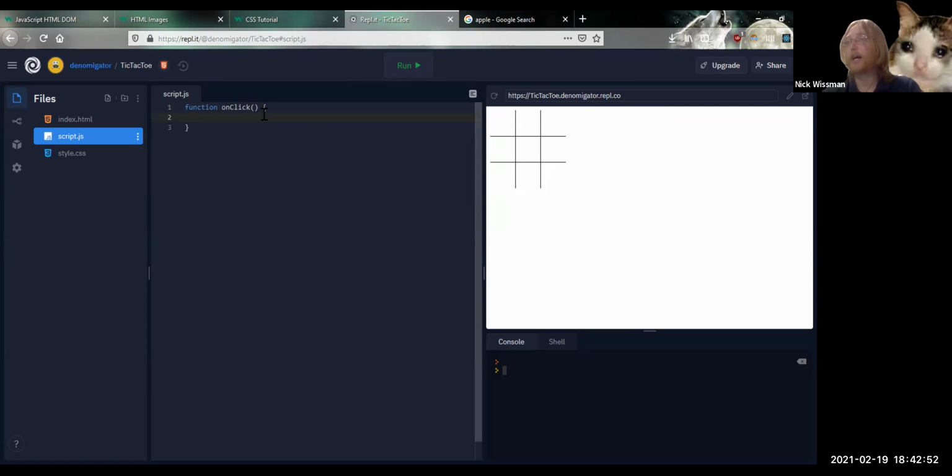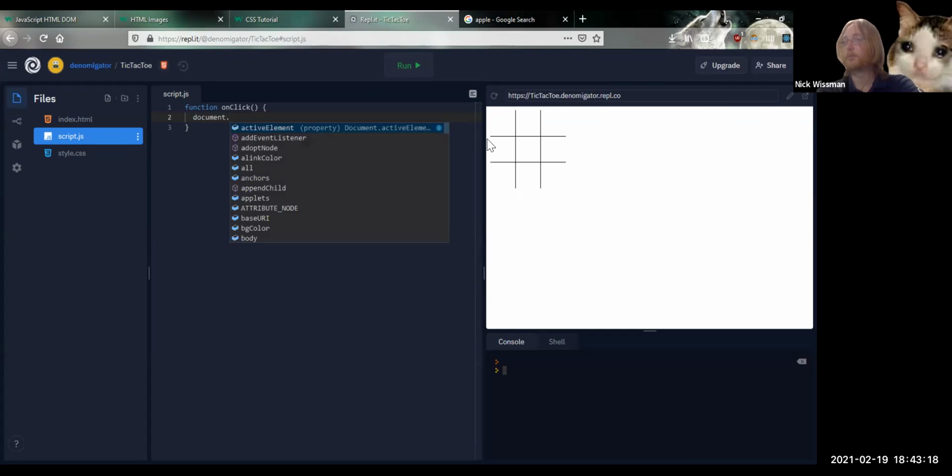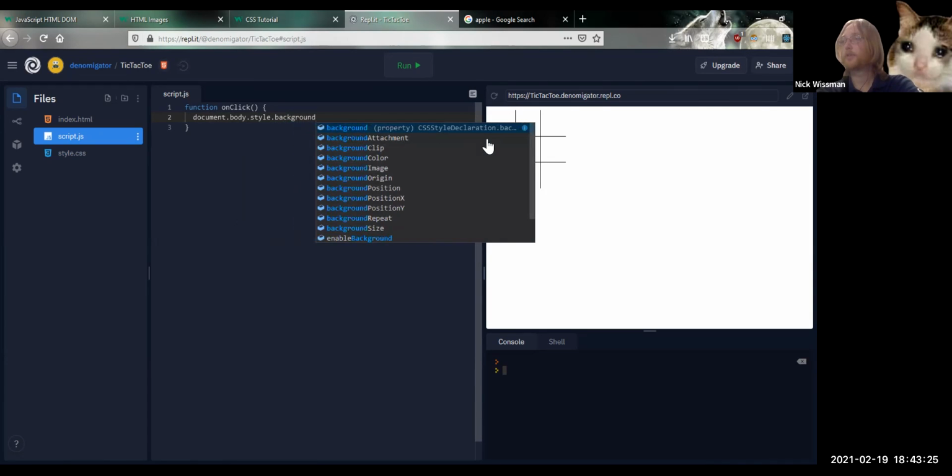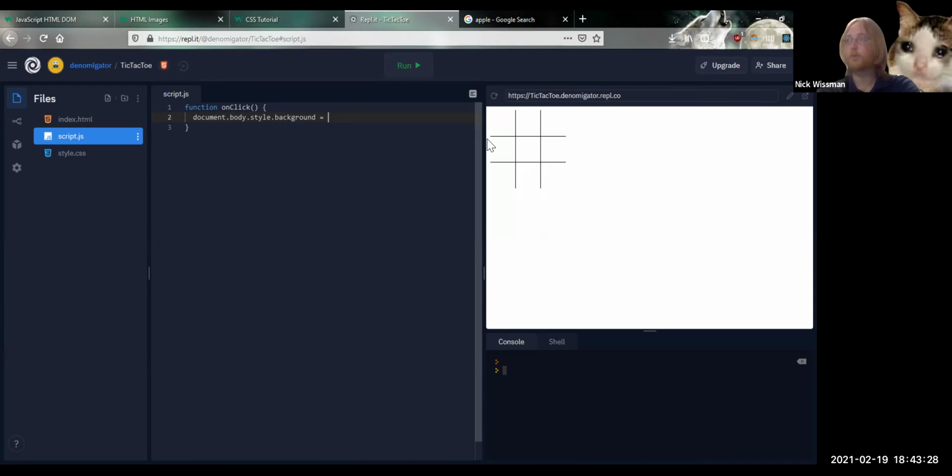So I want, when this thing is clicked, I want something to happen. I want to change the inner HTML of this button into some character. We're not there yet, though. I do want to just make something happen, and we can see it in action. So I'm just going to go ahead and have it change the background of the whole thing. So document.body.style.background equals